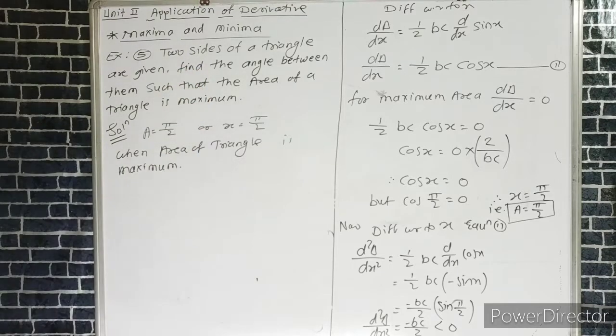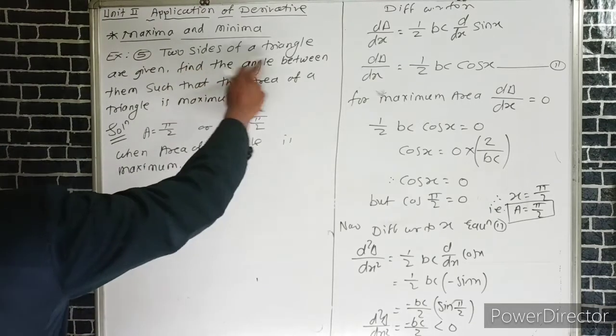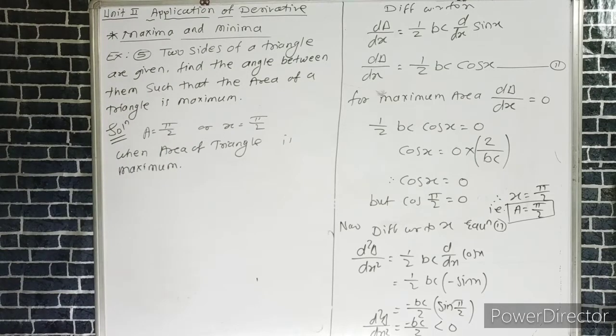So when the angle between them is such that the area of the triangle is maximum, then we can also write,